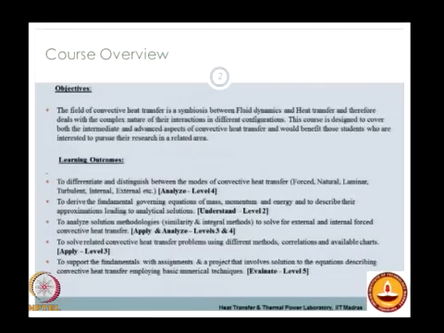The third objective will be to analyze the solution methodologies that you have derived analytically, either by using similarity, which is the exact technique, or the approximate technique, which is basically the integral method, and you will be applying this to solve for both external as well as internal forced convective heat transfer. So this will be on the level of applying and analyzing, that is involving both levels 3 and 4, and